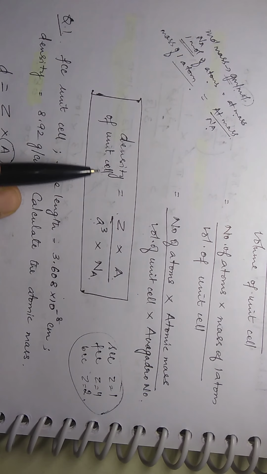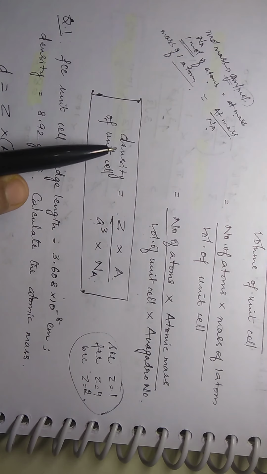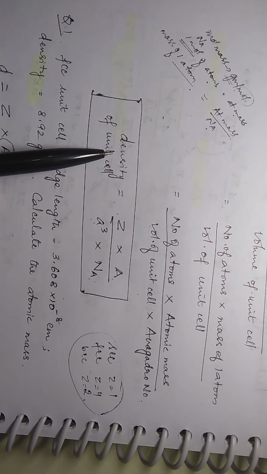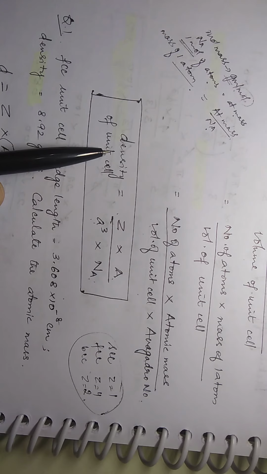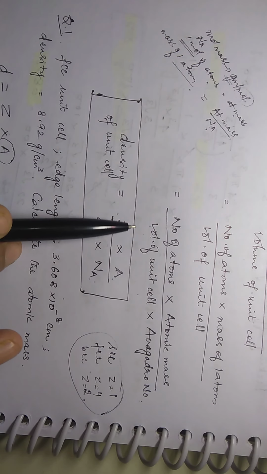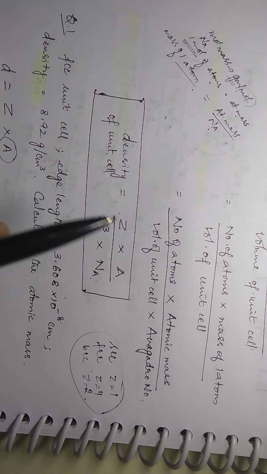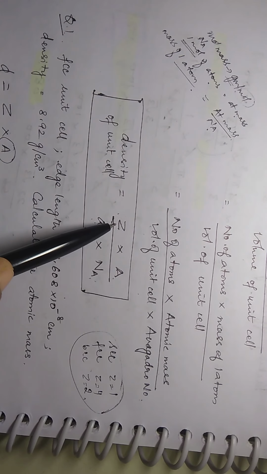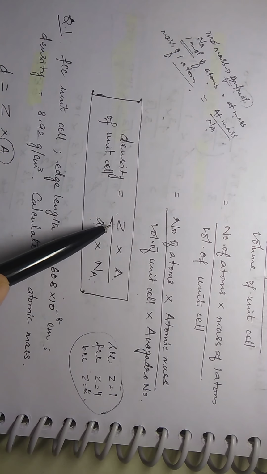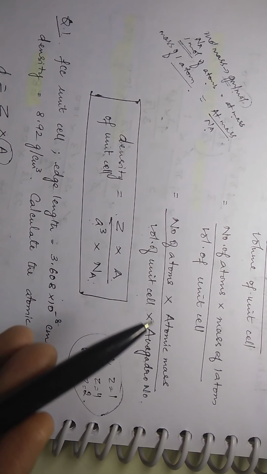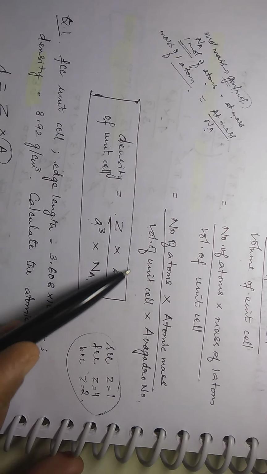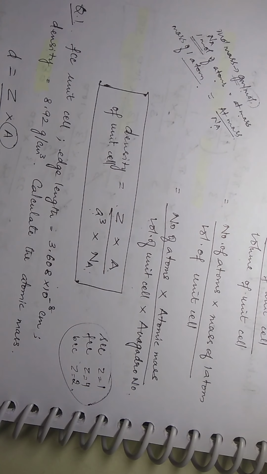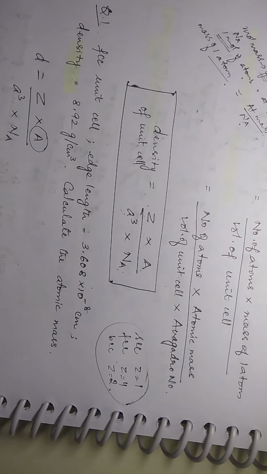Now in some cases, what will be given? Everything else will be given. You will be asked to find out density. Or density may be given. You may be asked to find out the edge length. Or density is given. You may be asked to find out what type of a cell it is, FCC, SCC. So if one or four or two comes, you can easily guess that it is FCC or BCC or whatever it is. Or you may also be asked to find out the atomic mass given all the other details. Okay. So that's how numericals will come from this particular topic.